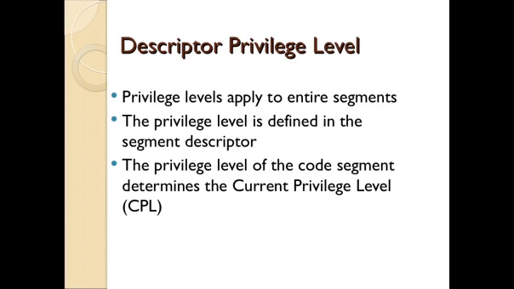The segment descriptor is a 64-bit descriptor which has values for segment address, offset values, some flags, some privilege levels, some access bits, and some values that are undefined or predefined, which are not changeable. The privilege level of the code segment is called the current privilege level. So this is the second privilege level. First is DPL, second is CPL.